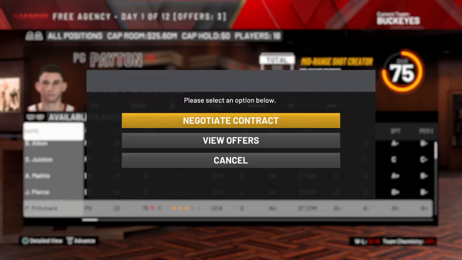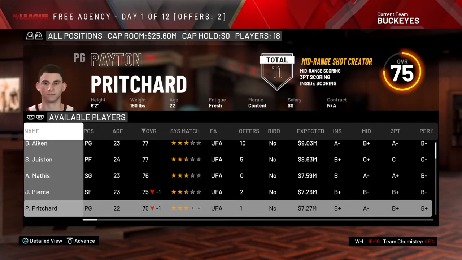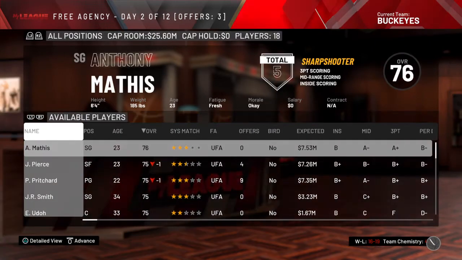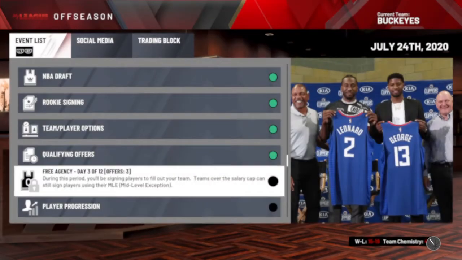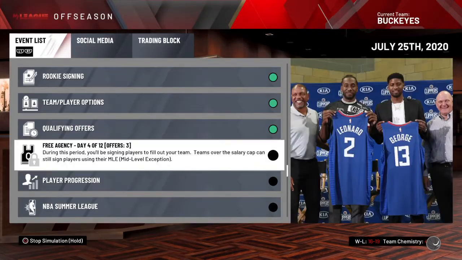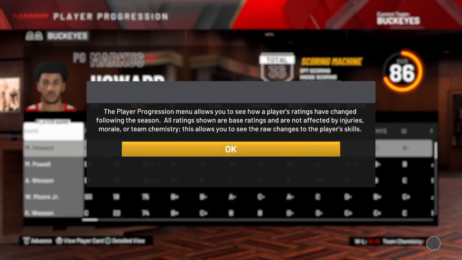Ooh, Peyton Pritchard's here. Oh, I gotta see if we can bring Peyton Pritchard in. He's one of the best players in the Pac-12. Or the Pac-10, whatever it's called. Peyton Pritchard has decided to sign with Louisville. Oh, that sucks. So that's about it. That's all we need, really. But we just made a big splash, boys. Marcus Howard's coming to Ohio State. We needed a main attraction, and we got one, boys.